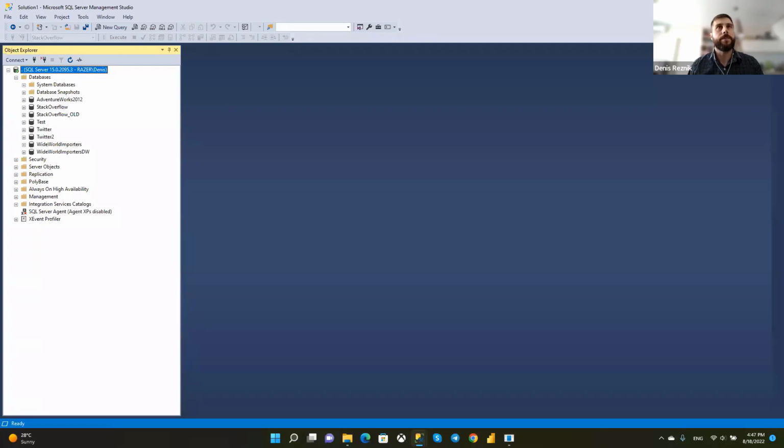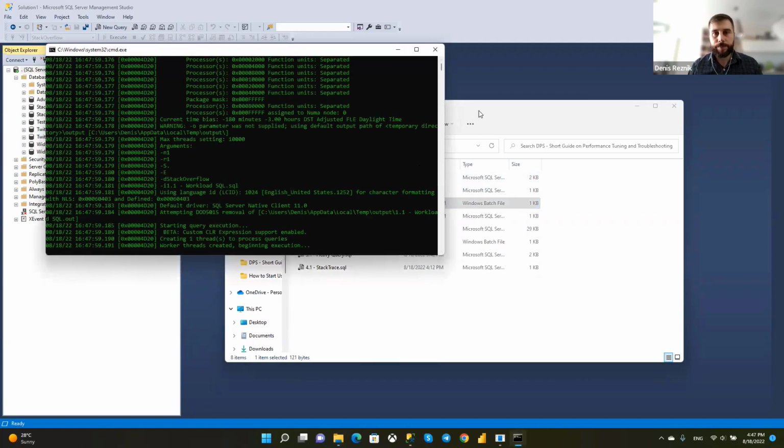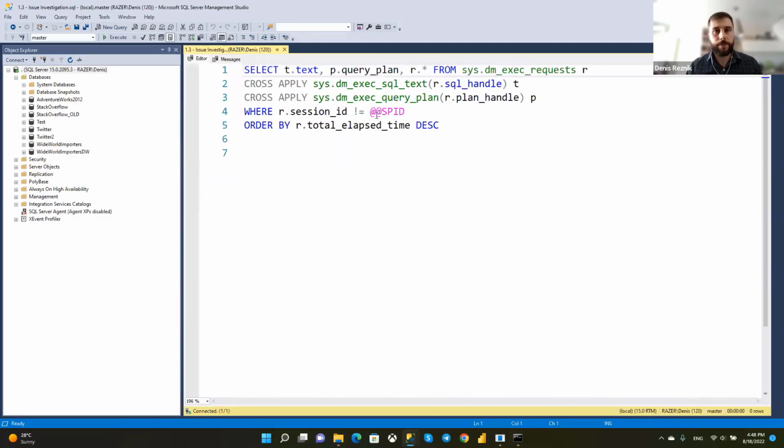First demo, honestly, these are my demos. The demo is called "issue is reproducible." So the client can reproduce the issue, and you can ask the client to execute some operation on the website or in the product, and check the database at the same time. So we can quickly see what is happening on the server right now and troubleshoot that issue. I'm running my workload, and now I'm going to the issue investigation.